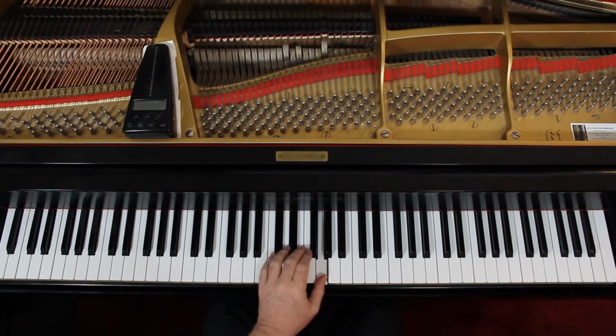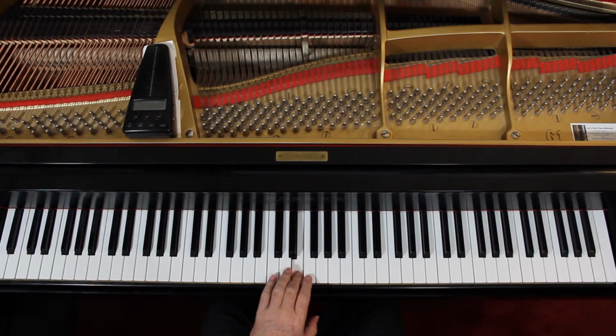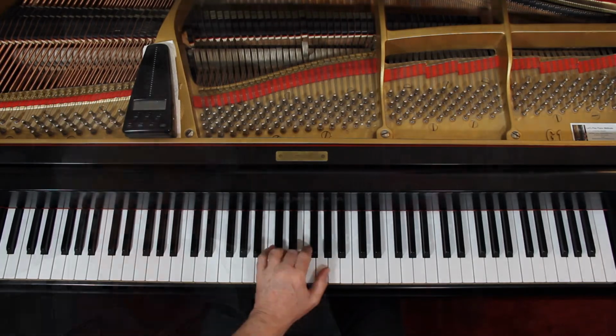Slurs, lift up in the slurs between each hand, and that's not a problem for the right hand because you have rests in the right hand between the slurs. The left hand you need to lift up. So it's like on measure 12 in the left hand, you're here. But when you go to measure 13, lift up. It's like taking a breath. And you,